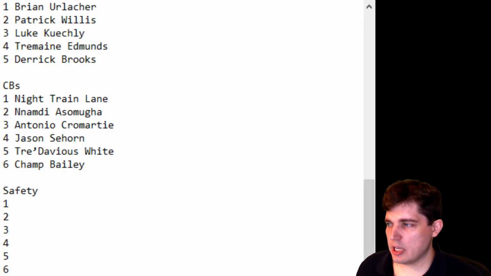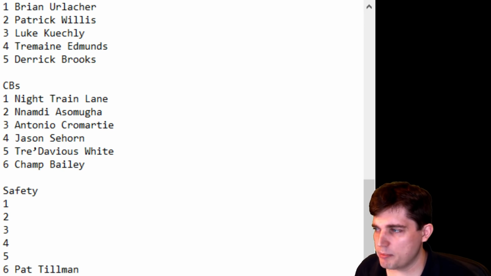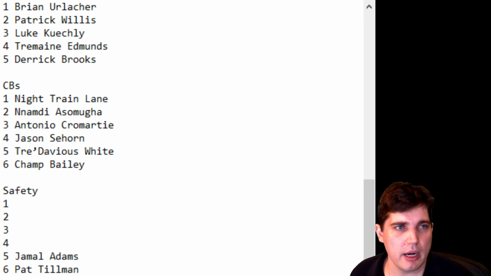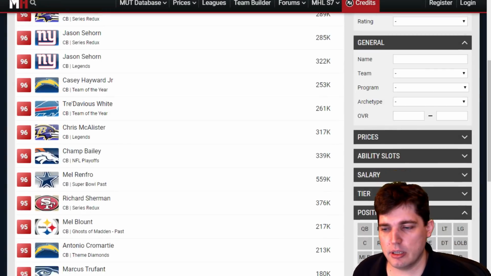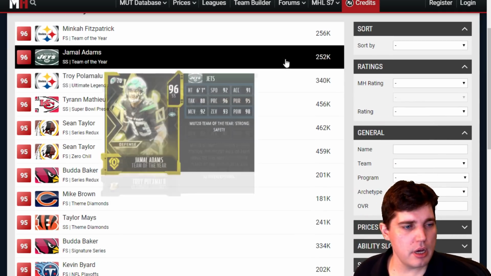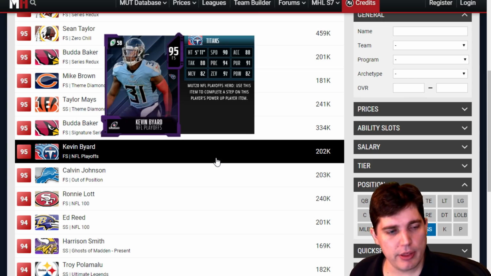All right, number 6. I'm going to do number 6 and number 5 together because they're very similar with one little difference. Pat Tillman powered up all the way. Once you get Jamal Master and Jamal Adams. The difference between these two is basically the man coverage, right? So if you compare them,